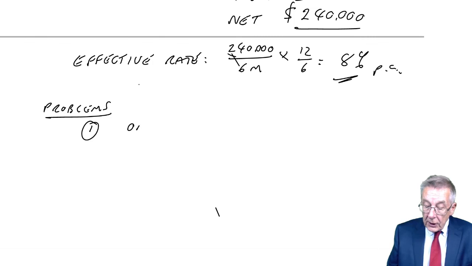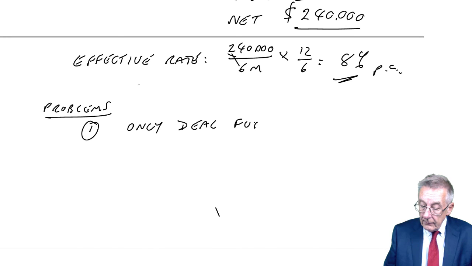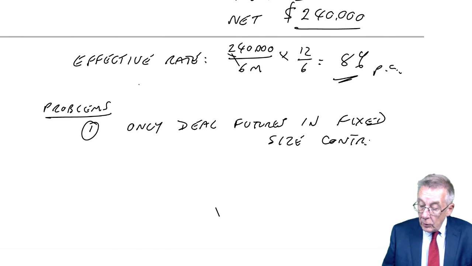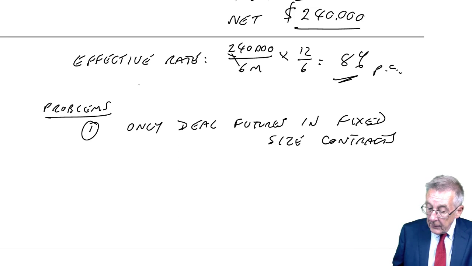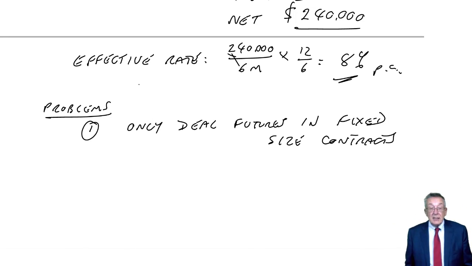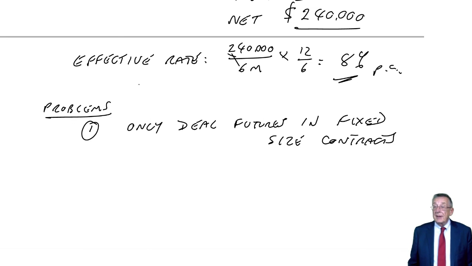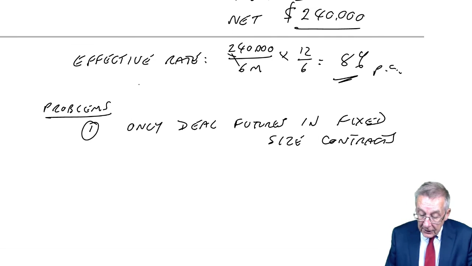Firstly, you can only deal in futures in fixed size contracts. You'll be told the contract size in the exam, but because of that, you may not be able to deal in the exact number of futures that we need. It'll be a bit more, a bit less. And secondly,